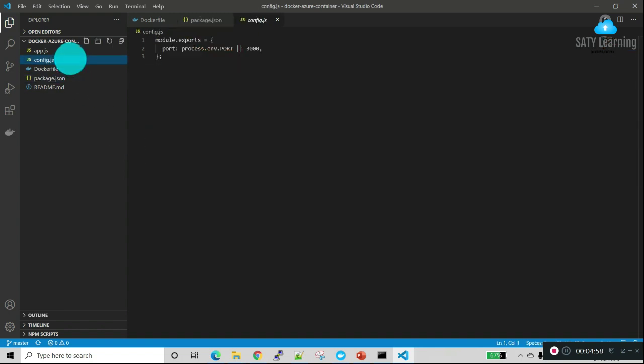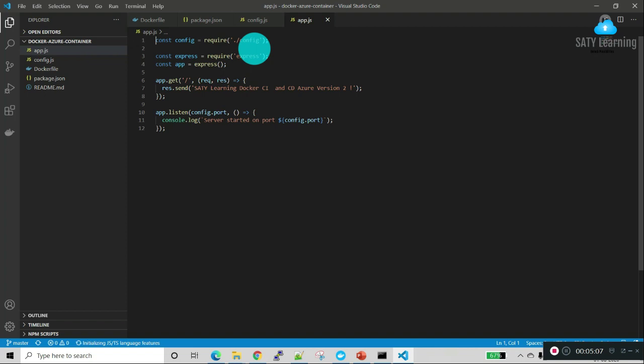And we have config.js, where I have provided the port number, and app.js. I am calling this config method, then sending this text to the web server, and it's listening to the port which is in the config file. It's a very simple application.